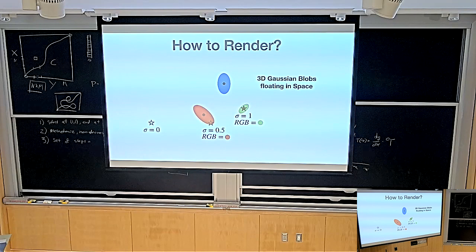If I told you, okay, we have a radiance field, right? So it's actually the same as in your radiance field before. We have a radiance field now. It's just a function that maps every 3D coordinate in space to a density and a color. So what would be a renderer you might propose for rendering this?